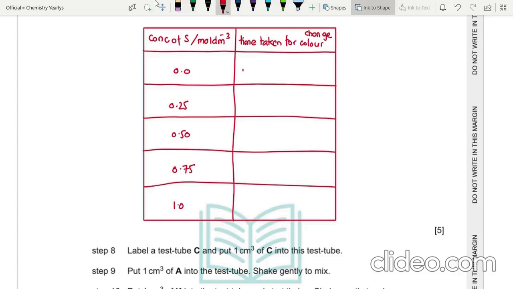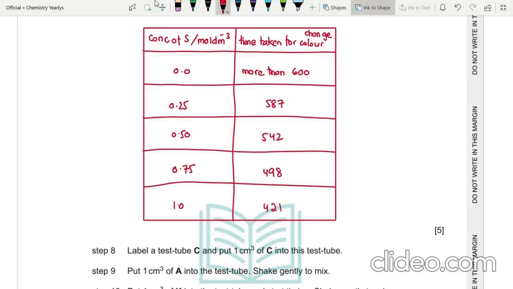So let's take the first value as more than 600. Then let's take this one as 587 seconds, this one as 542 seconds, then 498 seconds,